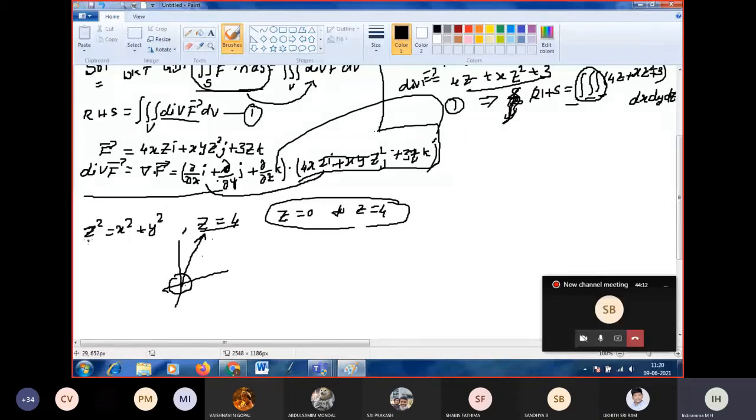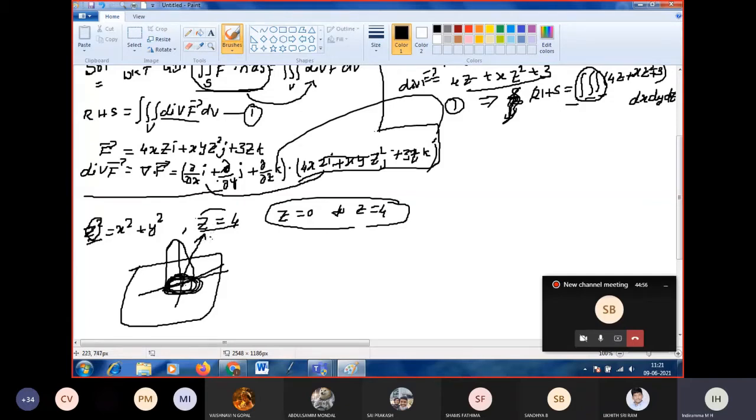So here in the cone, z square is equal to x square plus y square, they are given a plane, correct? If you write the cone, I am going to substitute z equal to 4. Above the xy plane, you will get the circle, correct? Actually it is 3 dimensional, a cone. If you put z equal to 4 here, the plane z equal to 4 may cut the cone. Since it is 3 dimensional, it is difficult for me to write.